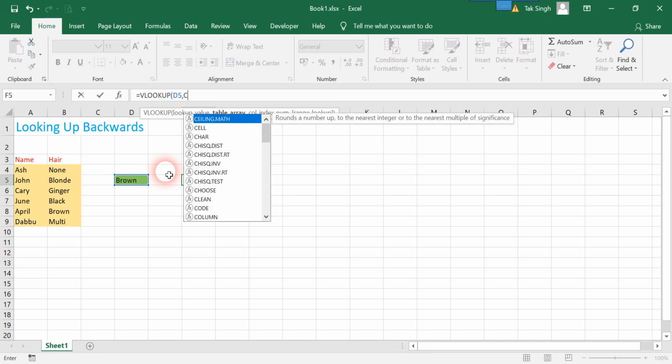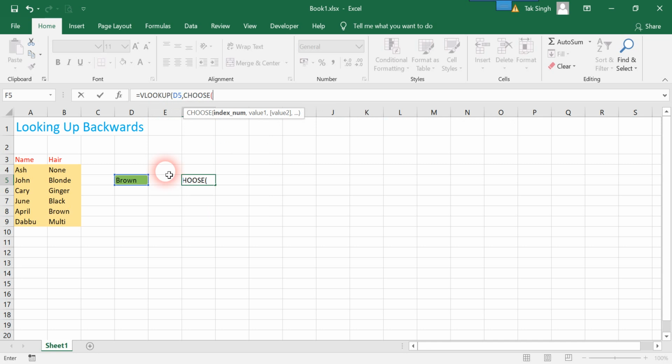Now for the range, I'm going to use the CHOOSE function, and as an argument I will pass, inside curly brackets, not round brackets, 1 comma 2, then comma, this as column 1, I will explain this, and this as column 2, and I will close the brackets.